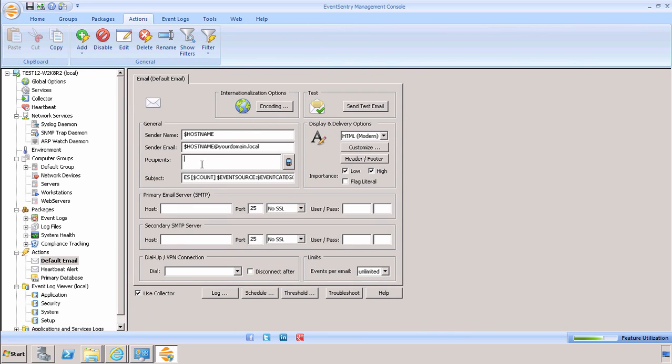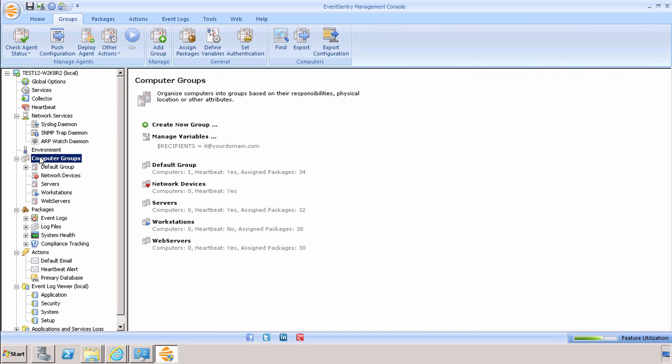In the recipients list, I'm going to add $recipients as my email recipient. This is establishing that the recipients variable is going to be the recipient of any default email alert action triggered by a filter. Now we have to create the recipients variable, so we go to Computer Groups and then right-click